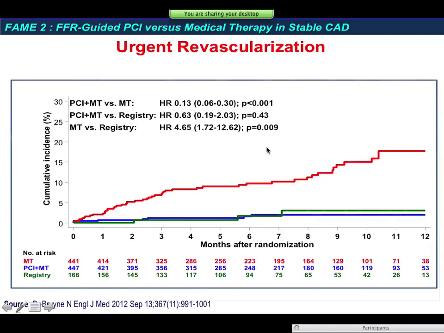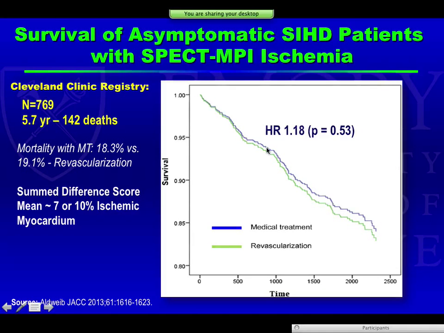which really is the same pattern that you saw in COURAGE. It's the same pattern that you saw in BARI 2D, a near-term benefit of improvement in symptoms. In this case, improvement not only in symptoms, but improvement in symptom stability. So the only thing that we've seen heretofore in terms of a benefit with revascularization is a near-term benefit of improving symptoms and ischemia reduction. That's the strongest statement we have, and we still have not been able to put forth evidence that